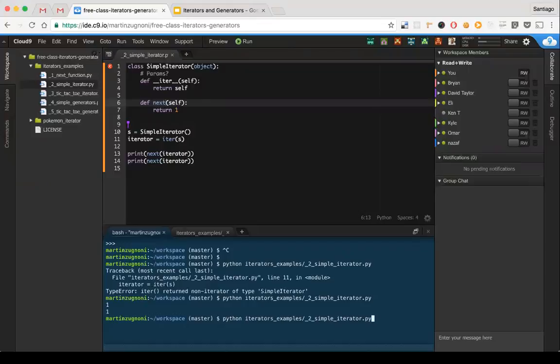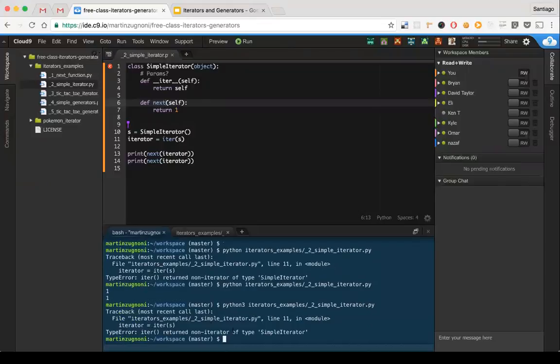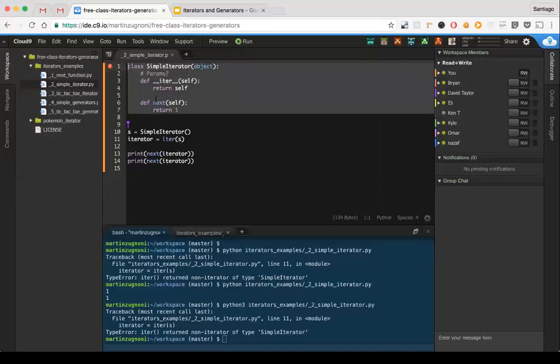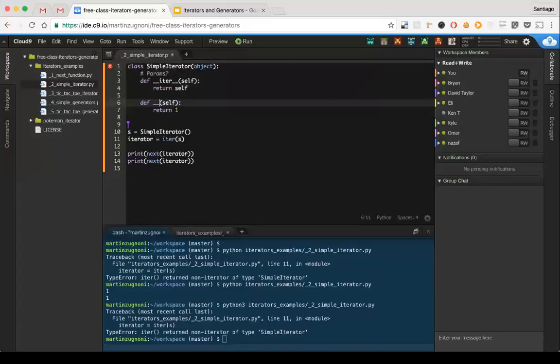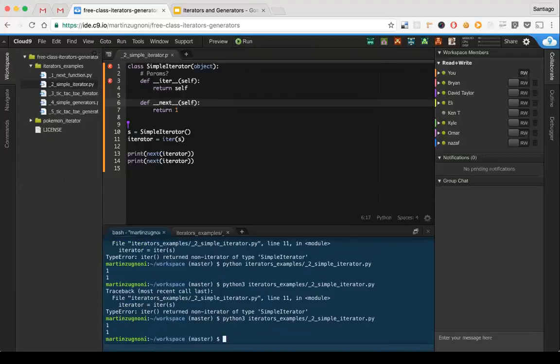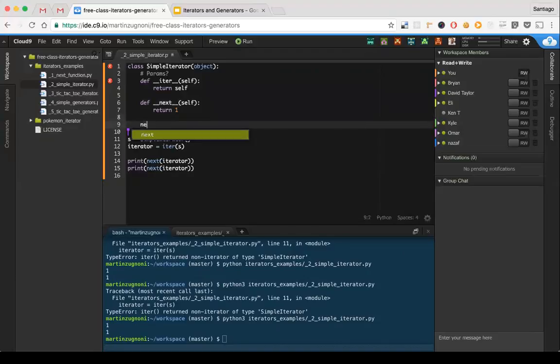If I try to run this with Python 3, sorry, now, it's going to give us the same result. It's saying that this thing that I have here is not an iterator because it doesn't have an underscore next method. If I now change it and I run it again, you guys see that it works. So two things. The first,